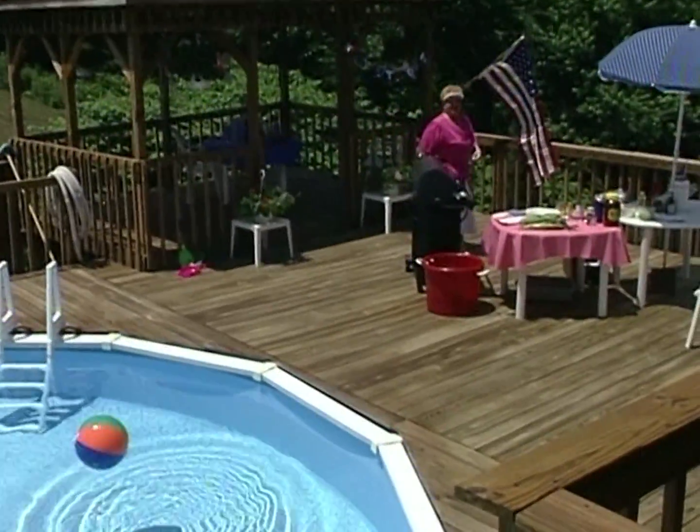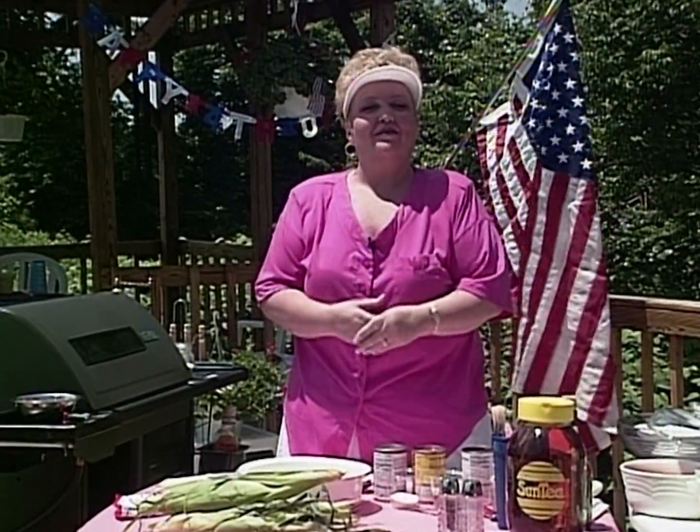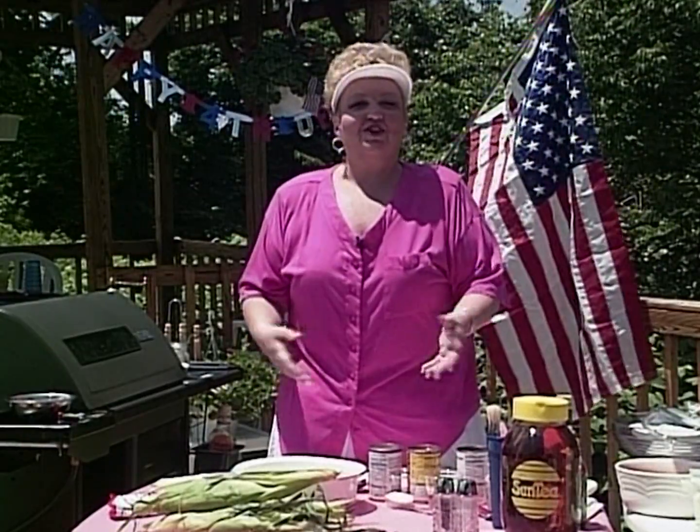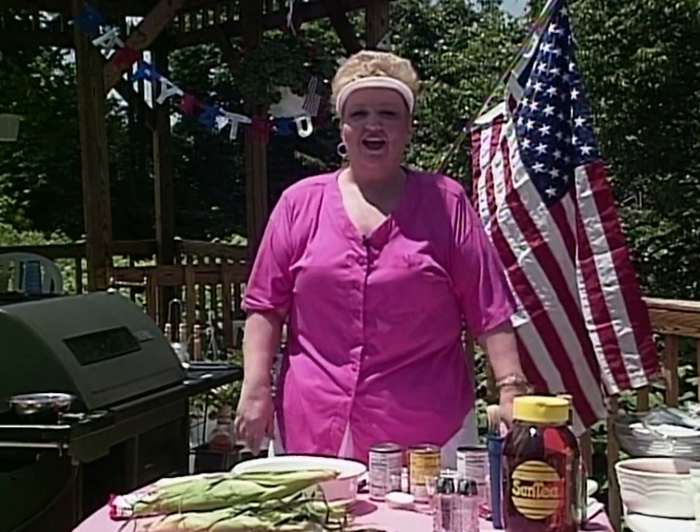A little different than our regular program, isn't it? It's not exactly the kitchen that you're used to seeing us in. Well, we've thought of a special treat for this program and one more besides. We're going to bring you to a great cookout. This is something you can do in your backyard, you can do with your friends, you can take it to a park, whatever, but it's a good time to have family and friends around, and most important, it's